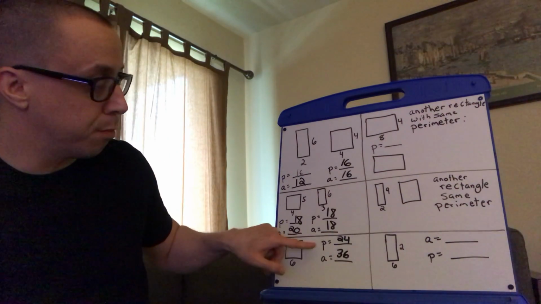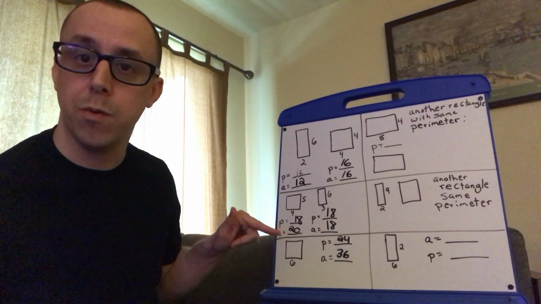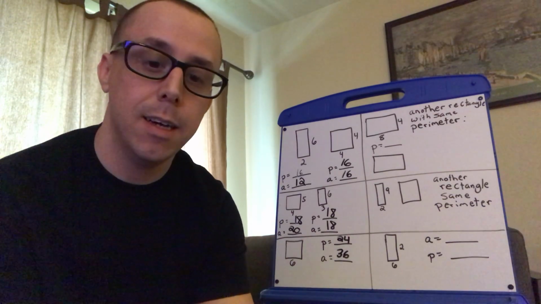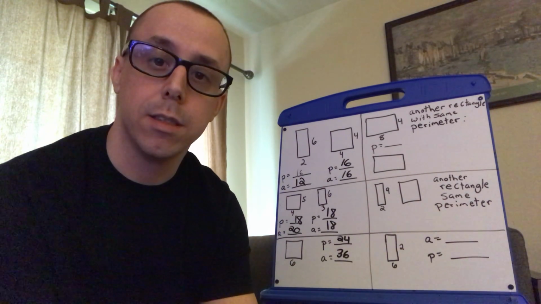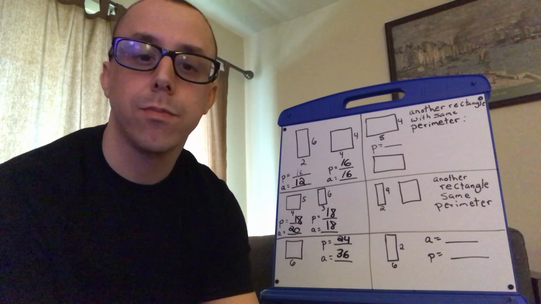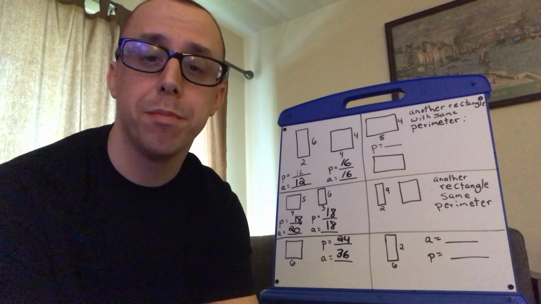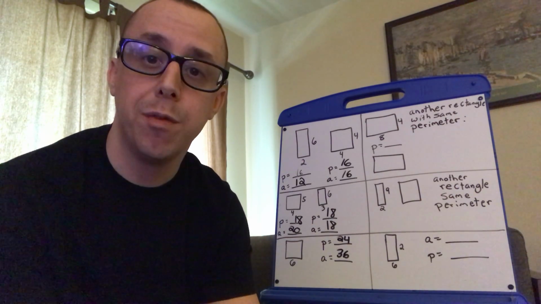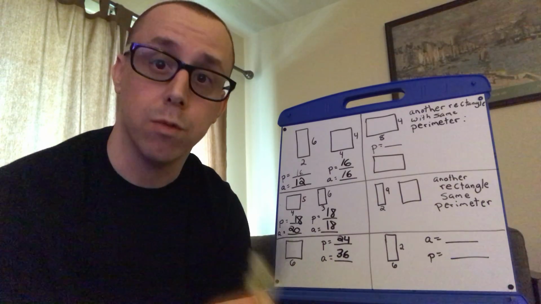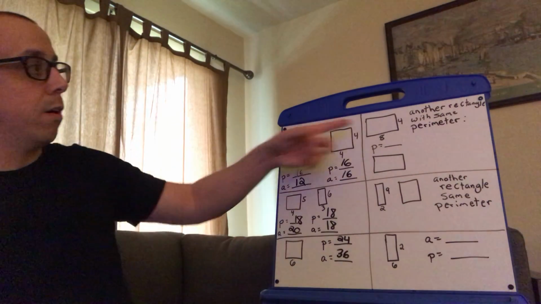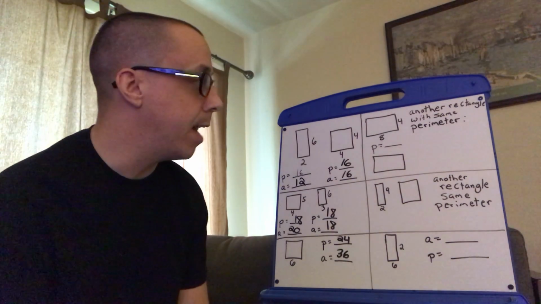To find the perimeter, you can do 6 times 4 because you're doing repeated addition. 6, 6, 6, and 6. Okay, you can only multiply by 4 to find perimeter when it's a square. Remember that. All right, you're going to see a couple problems today that ask you to